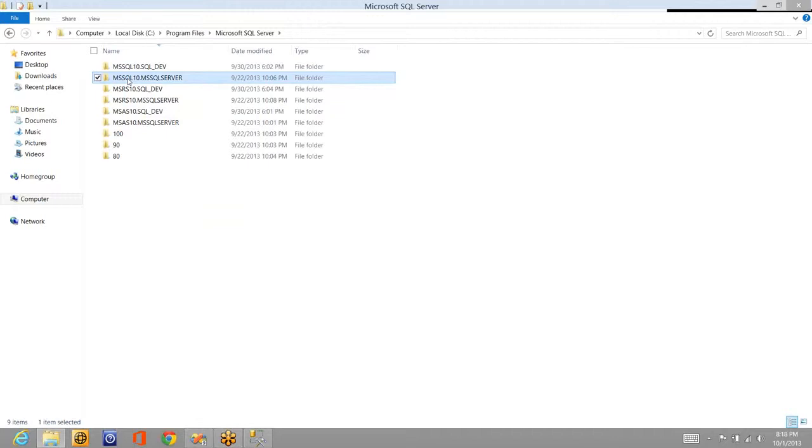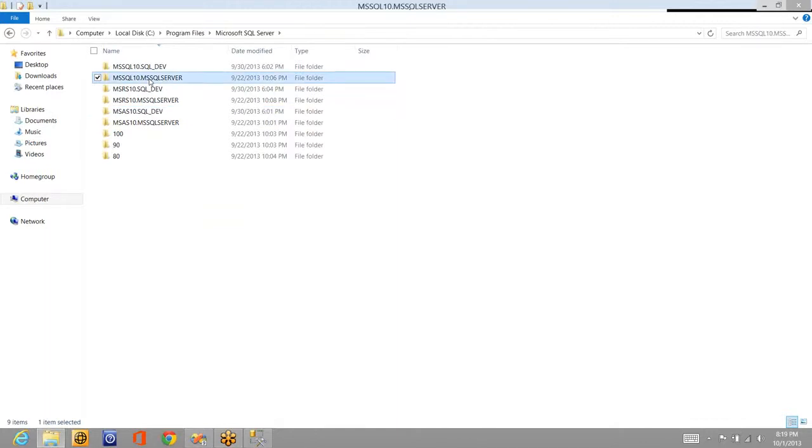That's the default instance. Whenever you install for the first time, it will ask, okay, there is no instance in your computer, shall I proceed with the default instance? You can go ahead with that, or you can provide some name. If you install with the default instance, next time when you install, it will ask what instance name you're going to provide, because a default instance is already available. So here, this is the named instance. I have given the name as SQL_dev. In the same way you have it for RS and IS.